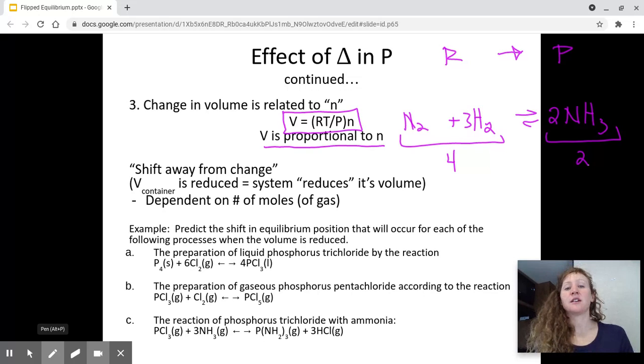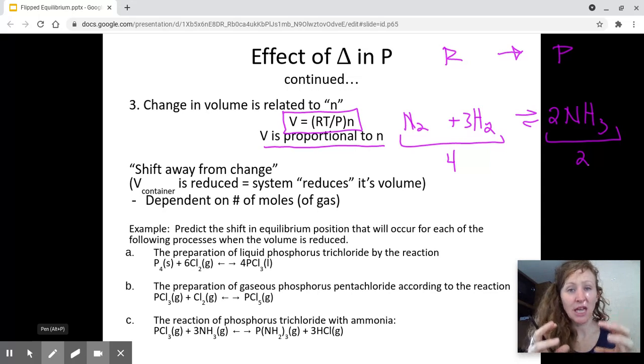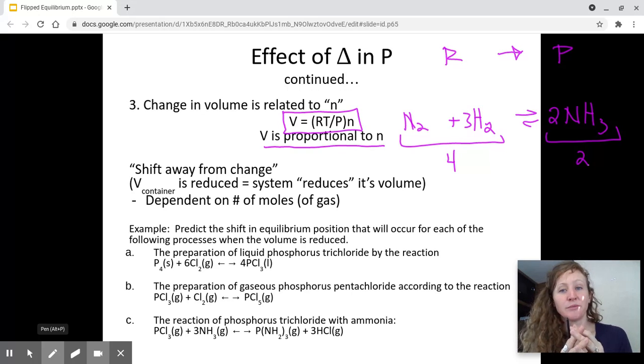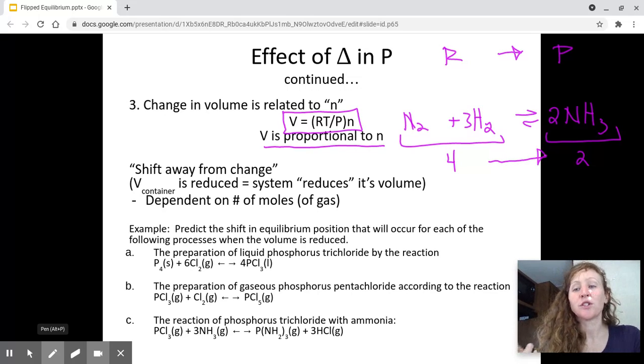So let's say we have a system at equilibrium. We have established our ratio of reactants versus products, right? We have our established K at equilibrium. And then we shrink our container. Our system is going to shift to relieve the pressure. So it's going to shift. If we make the volume smaller, it's going to shift so that it makes the smaller amounts of molecules. If we make our container smaller, our system is going to shift towards products in order to have less